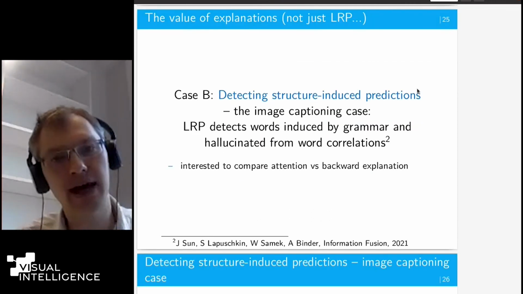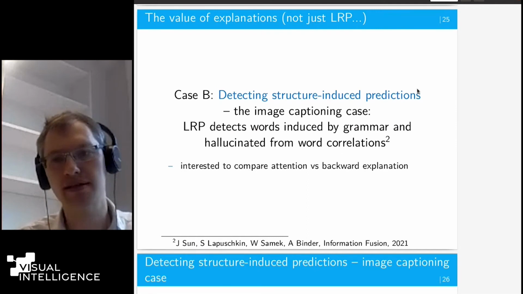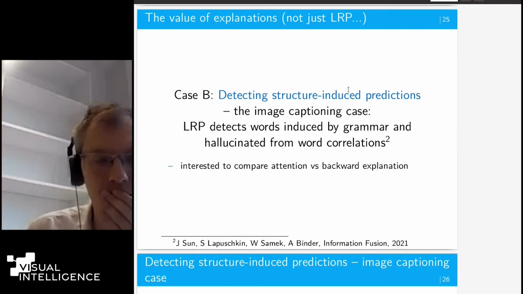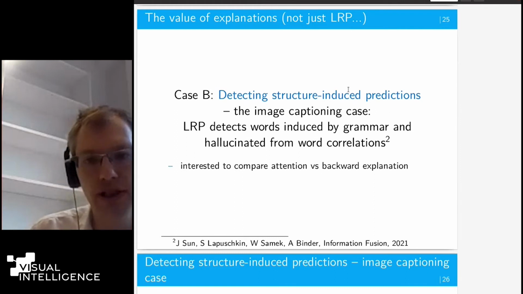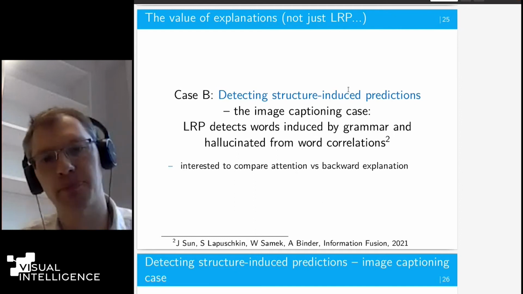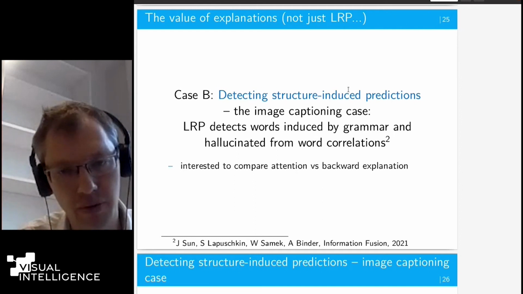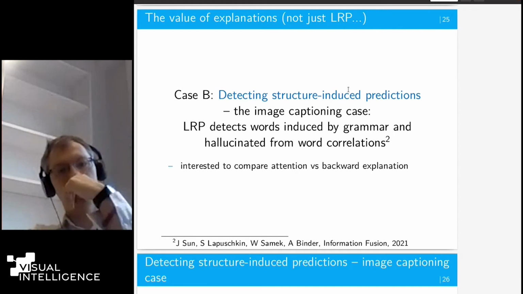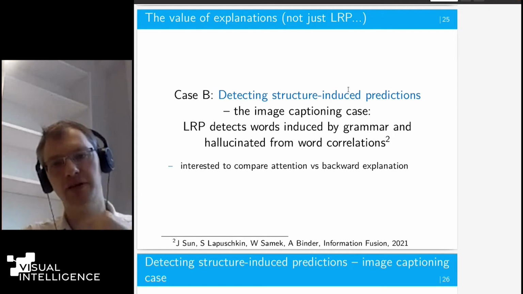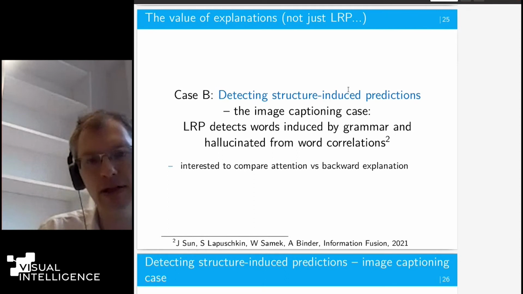Let's look now, in the last 10 minutes, at 2 more use cases and something a bit more magic. The second case where I want to show you that you can really use explanations to do something useful for the model is image captioning. What I can show you is that LRP can detect words in image captioning predictions that are hallucinated, either from the grammar or that come from the